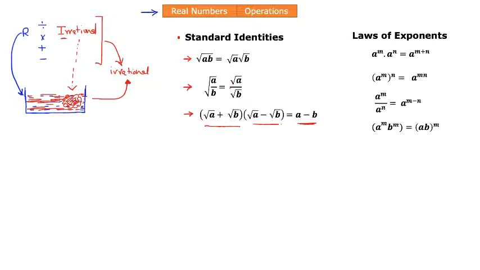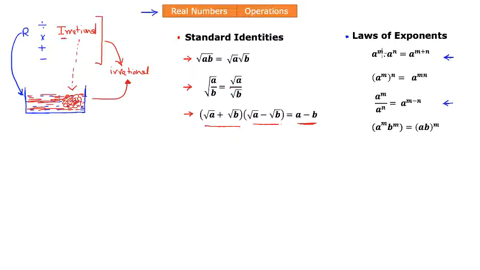Okay, then another thing we want to know is that the laws of exponents also apply exactly the same way as we studied them under the whole numbers or under the rationals, right? a to the power m times a to the power n, these two numbers have the same base but different powers. When we are multiplying them, their powers will get added and the base remains the same, right? And when you have two numbers being divided over each other, their powers or exponents will get subtracted and the base remains the same, right?